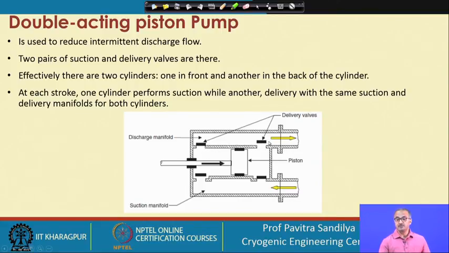delivering the particular liquid. And that is how in this manifold we always have liquid present at all times, so that we are able to reduce, if not eliminate, the intermittency, because the amount going out through these valves may differ, as the space available behind the piston and in front of the piston are slightly different. But overall, we are able to reduce the intermittency of the liquid flow rate quite well by using this double acting pump.